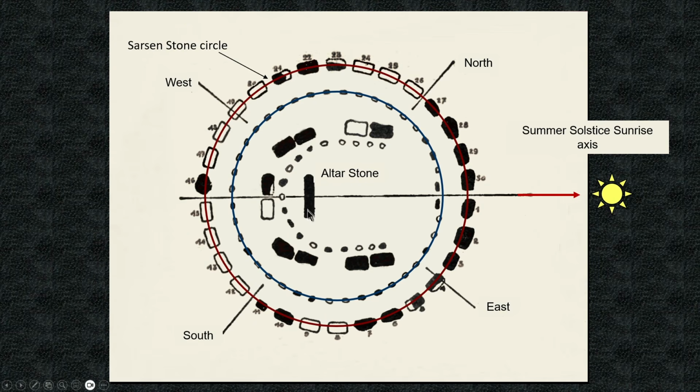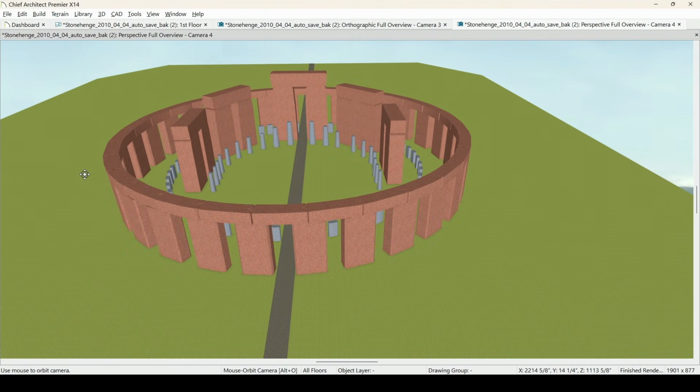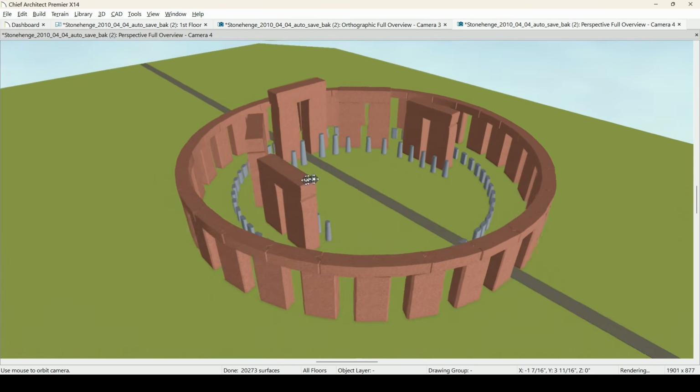Right here you see is the altar stone, and the altar stone may have fallen over. I'm not sure. It's got a couple of other large rocks more or less on top of it, so it's difficult to discern its exact position. I have a nice little 3D model here to help visualize the layout of Stonehenge